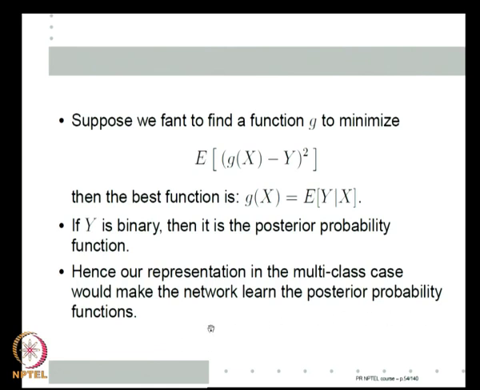That is the reason. So, the first output node will learn the posterior probability function for class 1, the second output node will learn the posterior probability function for class 2 and so on. And that is the reason why if I take the max, it is essentially trying to approximate the Bayes classifier. So, in that sense, this particular structure of having as many output nodes as there are classes is quite good for the multi-class case when we want to use a neural network of this kind.